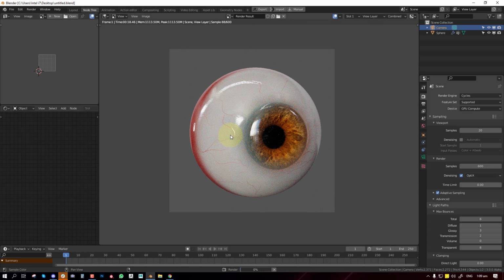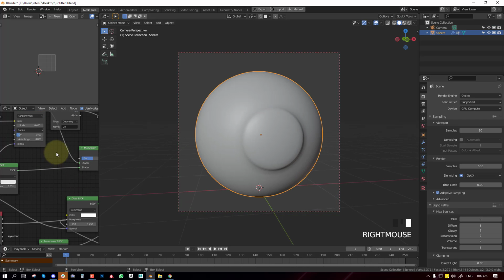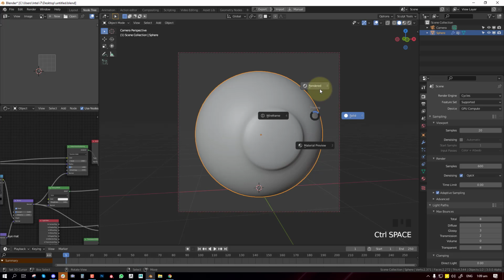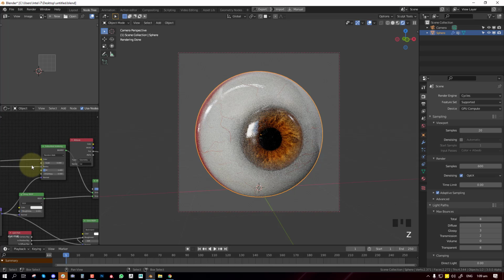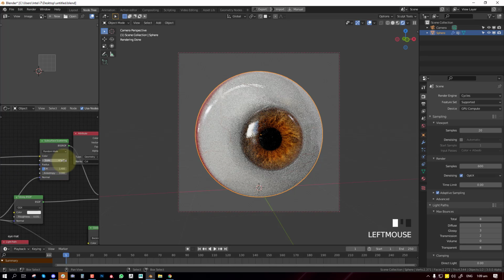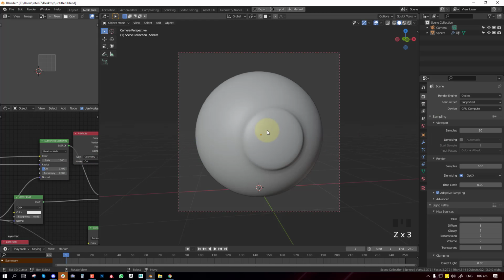You can go in and refine the subsurface, especially if it's making it look off. A better thing to do is just use this as the radius. It's going to fix that. So I'll go ahead and render this.